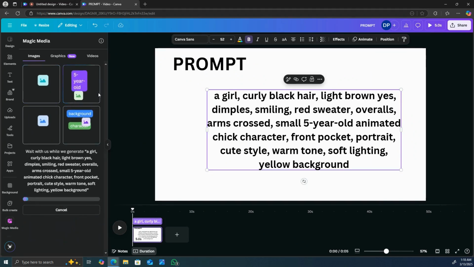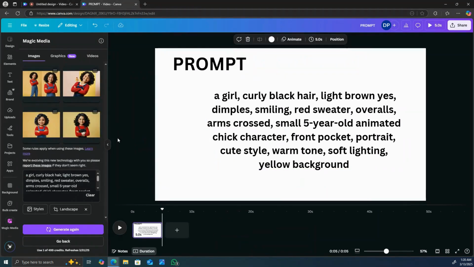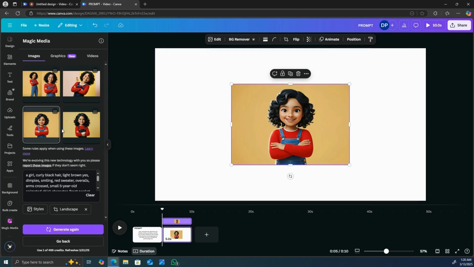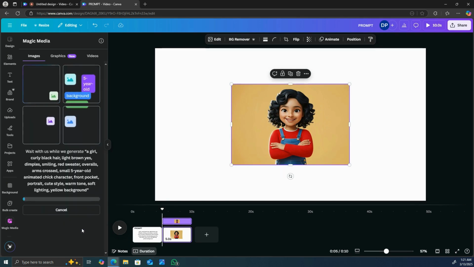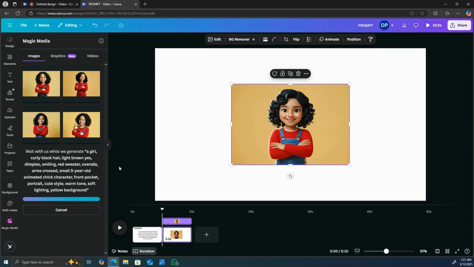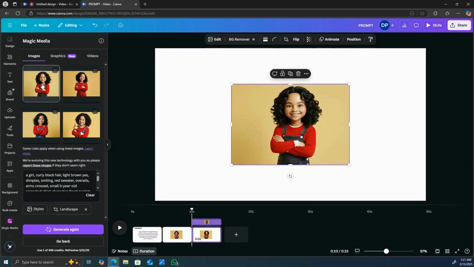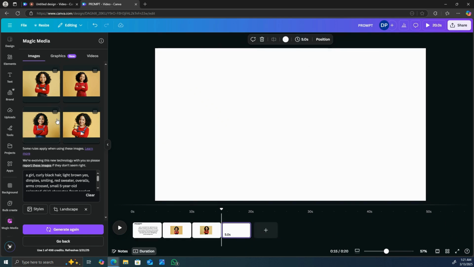Okay, we see that it's working. Okay guys, you can add a page, and I think this is cute right here. I'm also going to go to the bottom and generate again, see what else it comes up with. So we're going to give it a few seconds. Okay, add her. Let's add another page